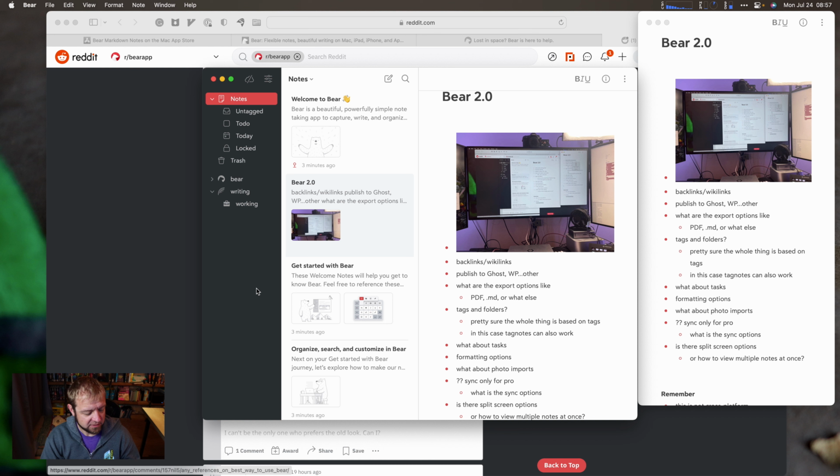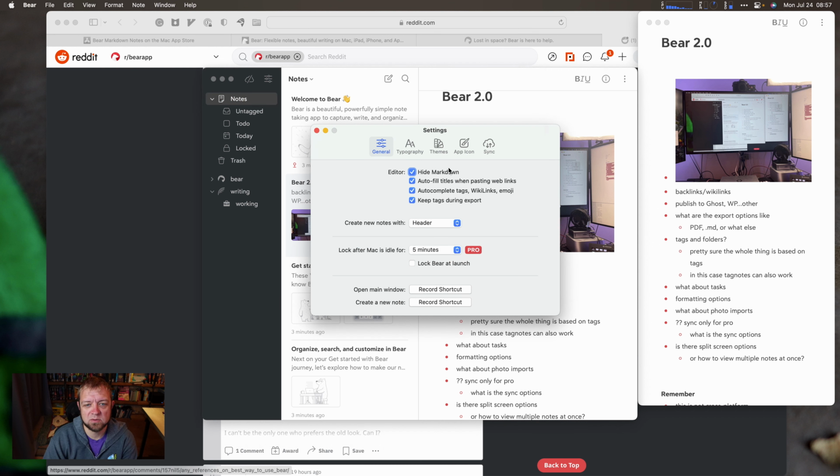Okay, so I actually erased the line settings. So let's look at settings first. So for settings, we can hide markdown. All right, or not. You can see down here and remember it actually shows my double asterisks. Autofill titles when pasting web links. Yeah, autocomplete tags. So the other thing I should come over here and say